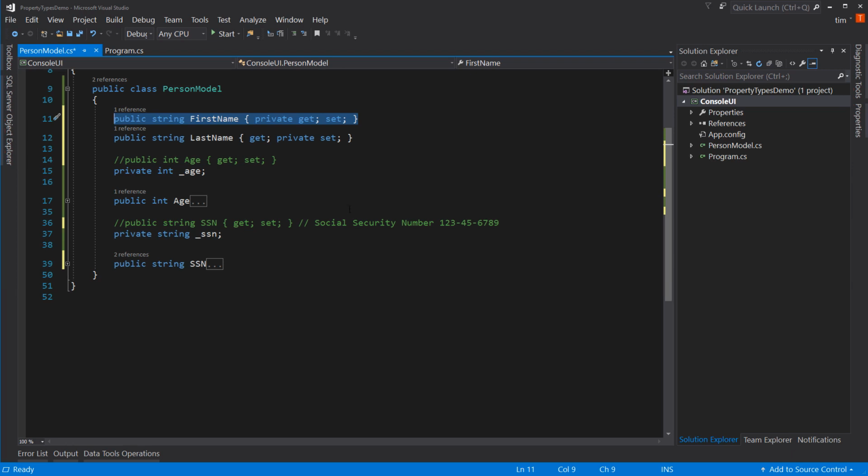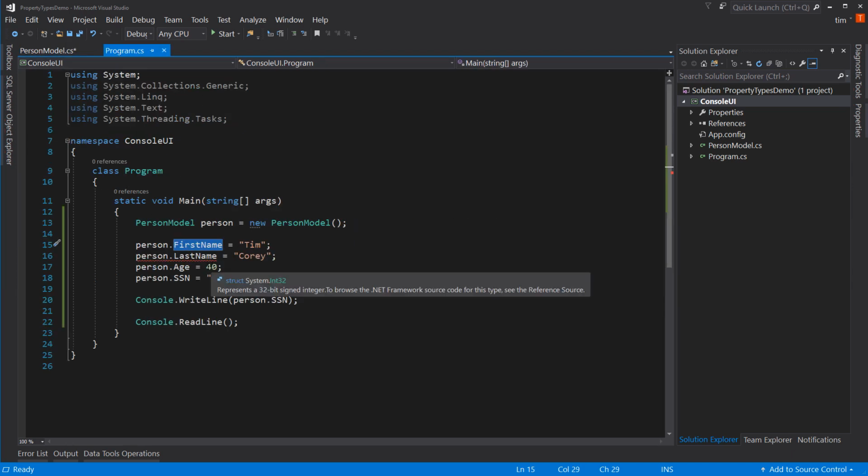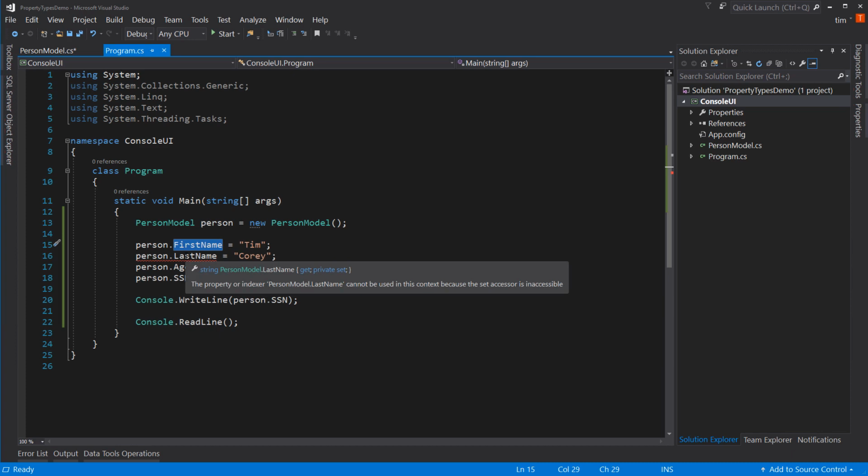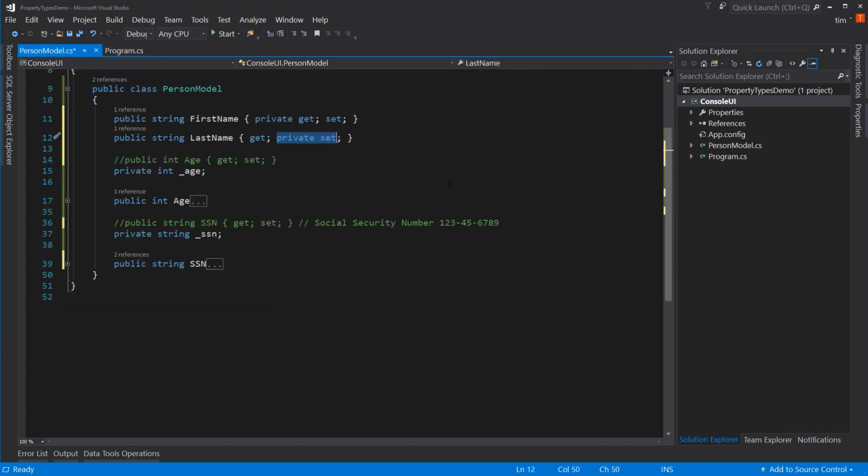The other thing you do is you can do what last name is doing, which is anybody can read it, but only inside this class can you set it. That's a private set, which means it's over here. It's yelling at me. It's saying, you can't set last name. When would you use that? Well, there may be a case where you want to set up a value